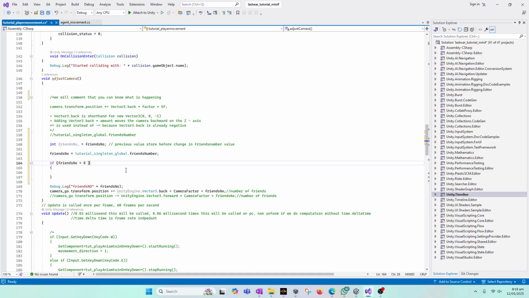what this means is that our player went through -10 and the camera should not be moving more than -10 value. So instead of moving the camera closer, don't move the camera at all. So this is what we wanted to do, and to do this, friends number is less than 0,